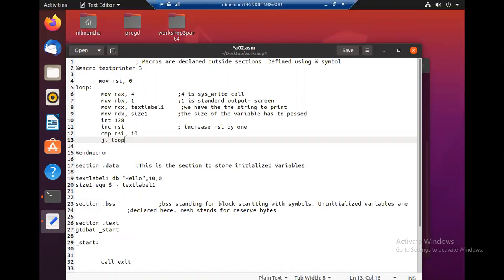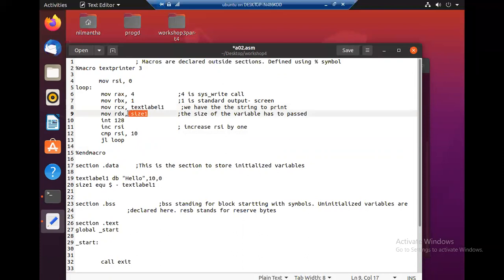Okay, so in this one also we need to create a loop again, but instead of 10, the user must give the number of repetitions. Instead of the text label, the user must give the string to be printed.